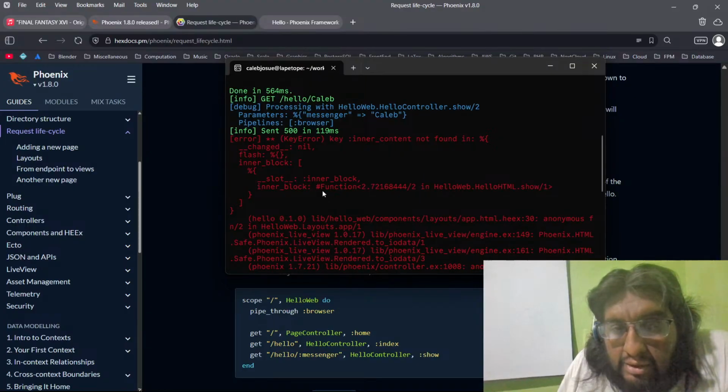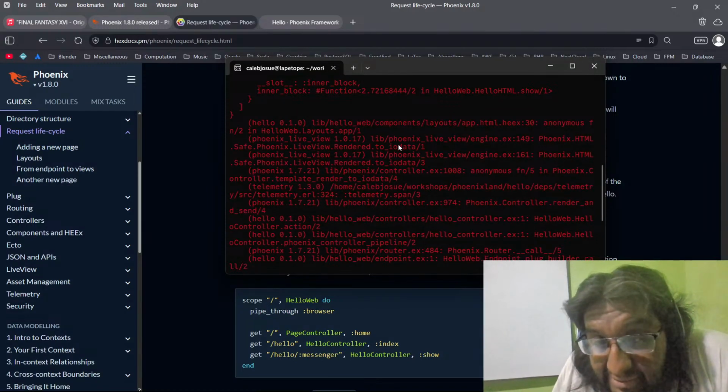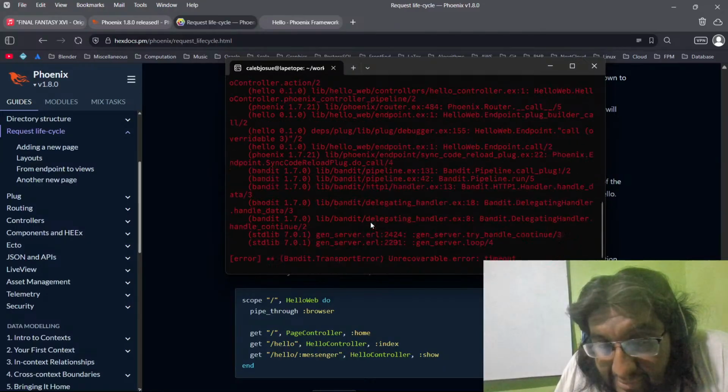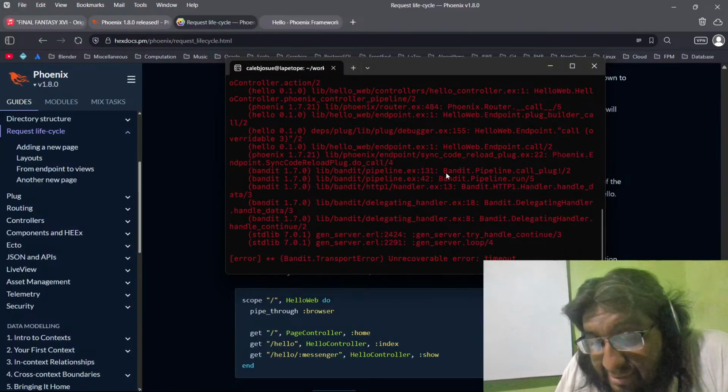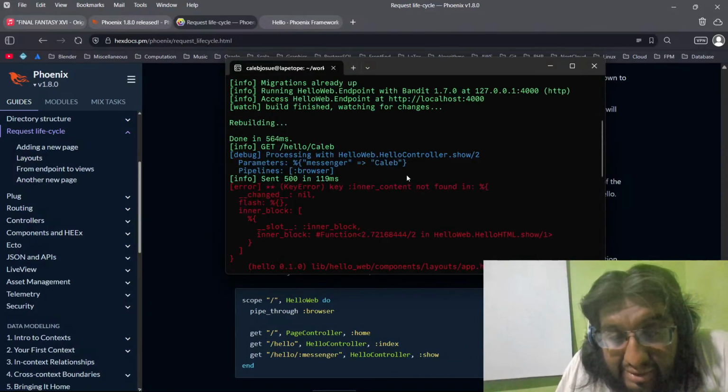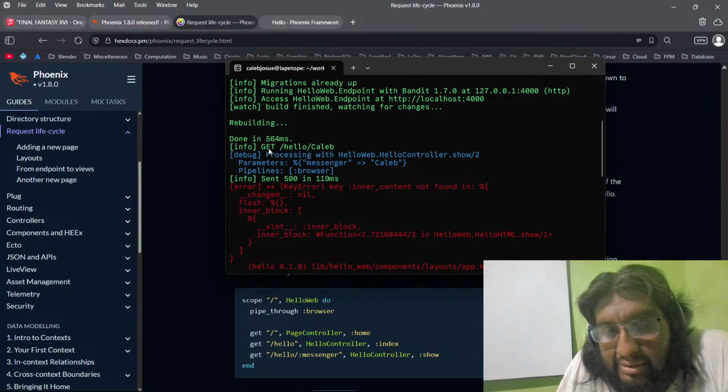Or we are using Bandit. Was over here, yeah. And they are using Cowboy, I suppose. I don't think that's the case. And here's the